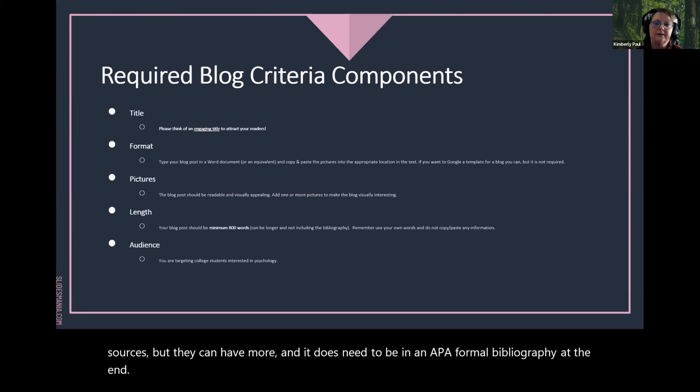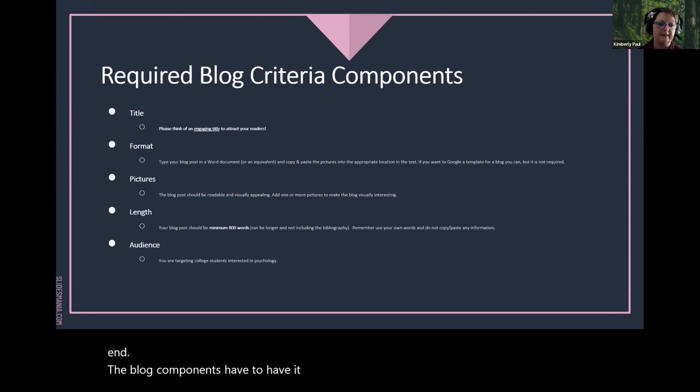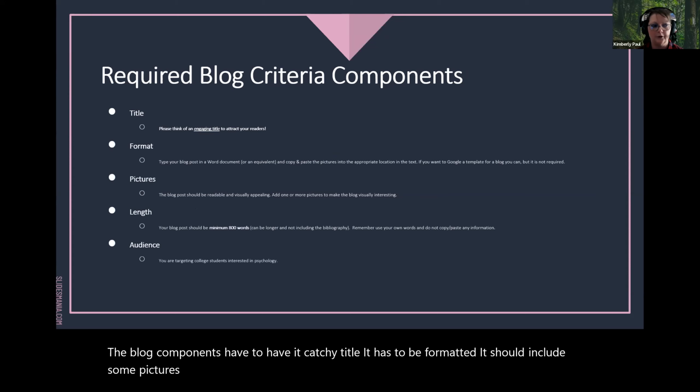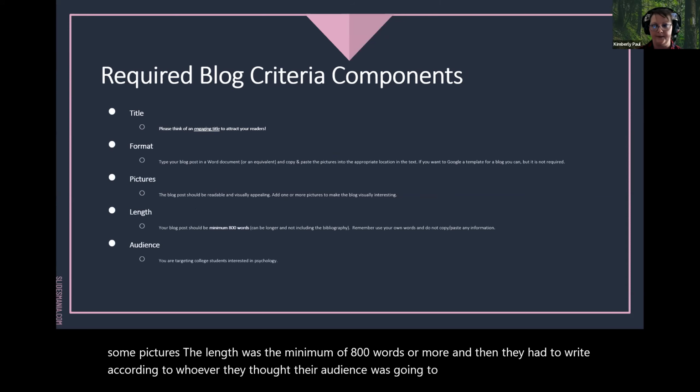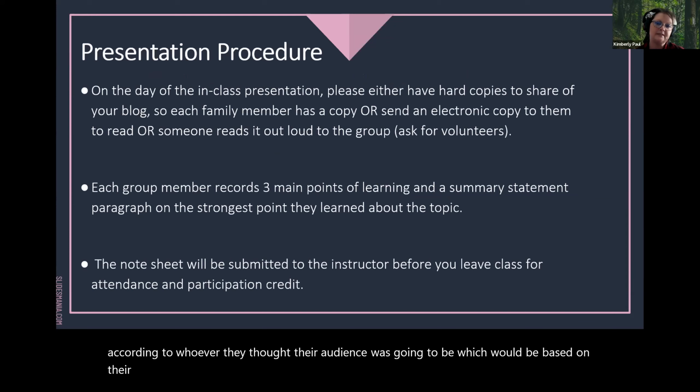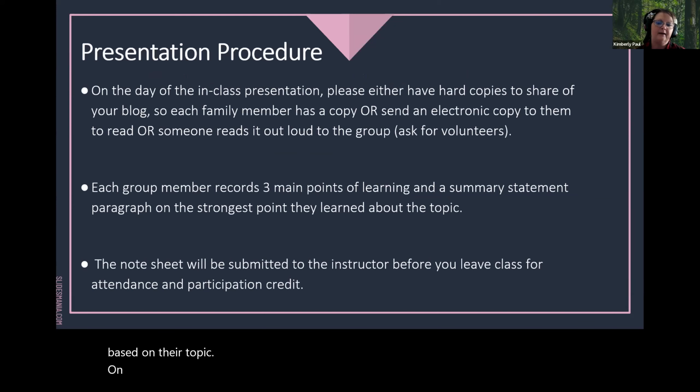The blog components have to have a catchy title. It has to be formatted. It should include some pictures. The length was the minimum of 800 words or more. And then they had to write according to whoever they thought their audience was going to be, which would be based on their topic. On the presentation day, then they would either bring hard copies of the blog that they